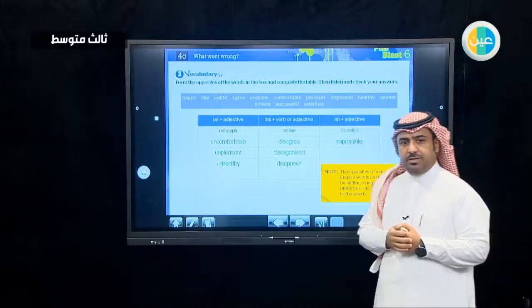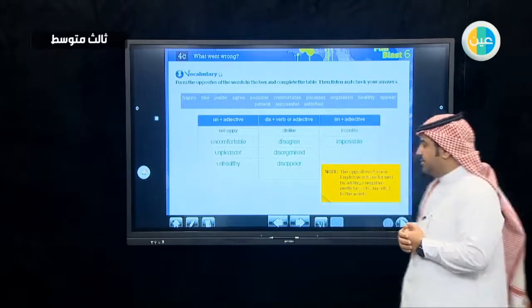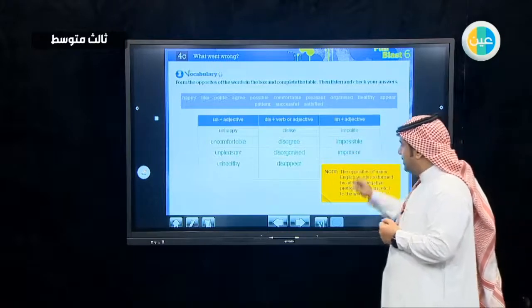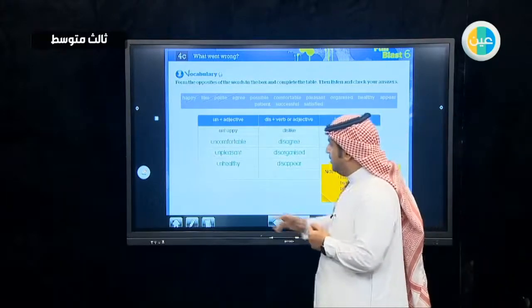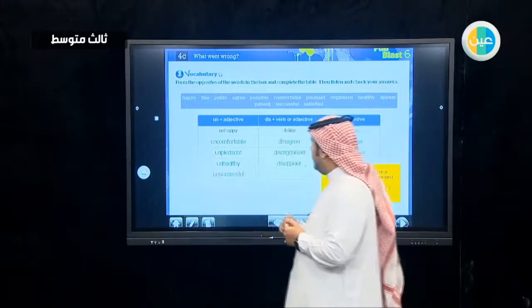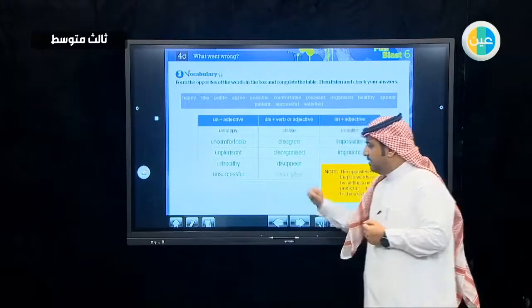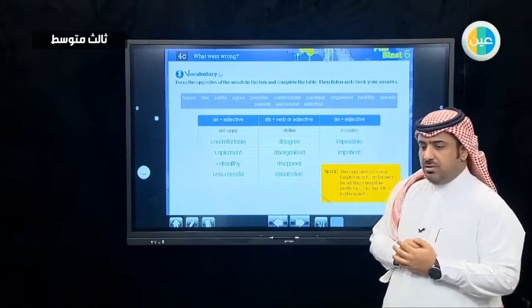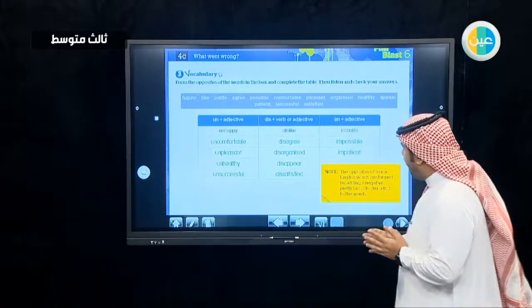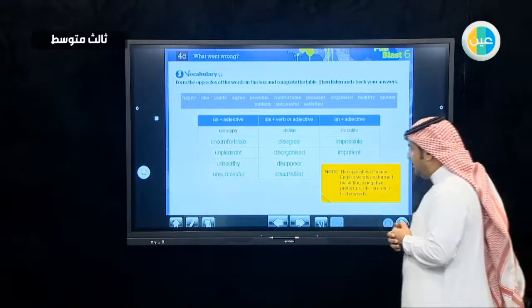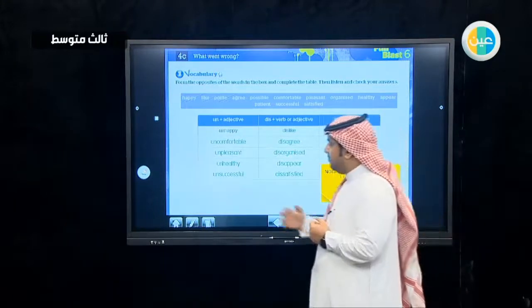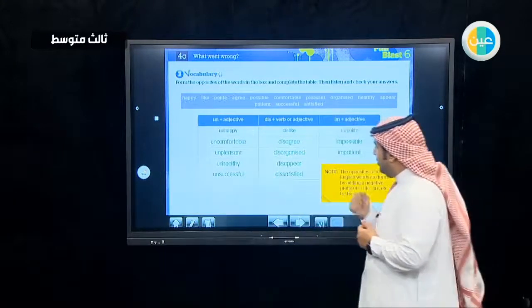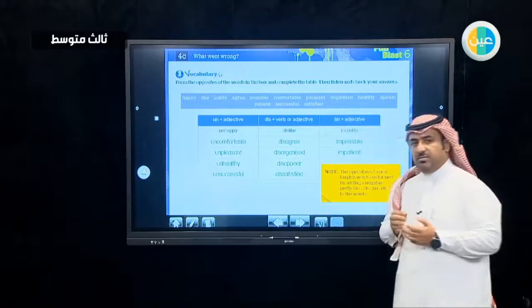What is the opposite of patient? Impatient, you are right. Successful. Unsuccessful, satisfied, dissatisfied. So these prefixes always give us the opposite of the meaning of any adjective or verb that they will